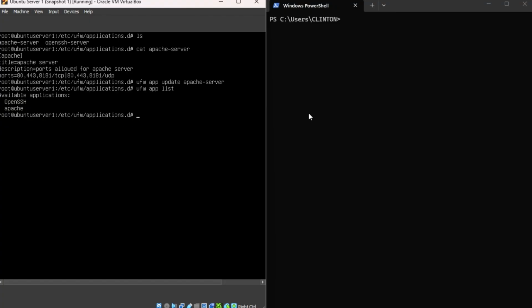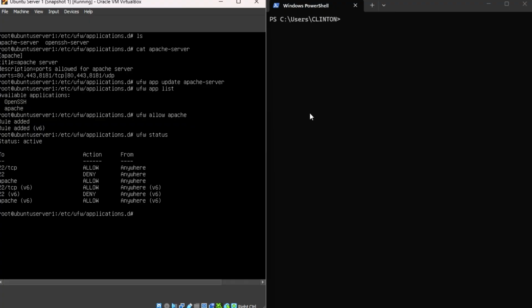So anything I can do now, I can enable, I can do UFW allow Apache, just the name Apache. So like this, that's the name of the application. Alright, once I do that, you can see my rule has been applied. If I do UFW status, you can see Apache is allowed, and okay, what I can do is try to SSH into this system. Or before that, I will